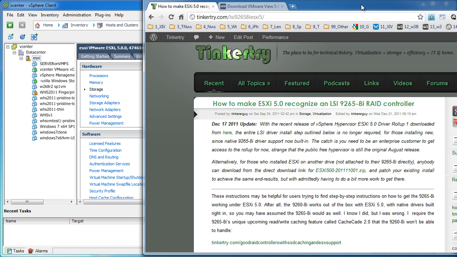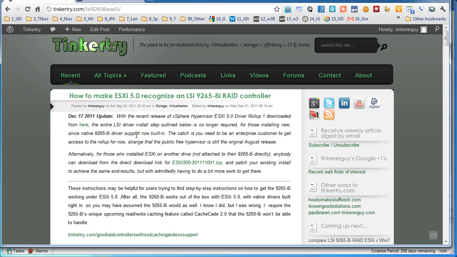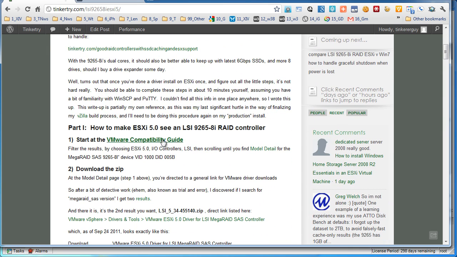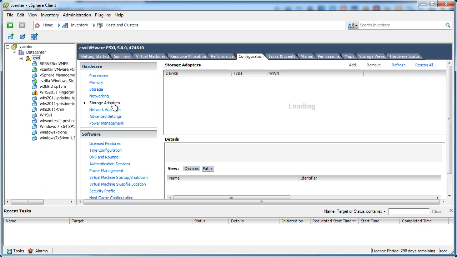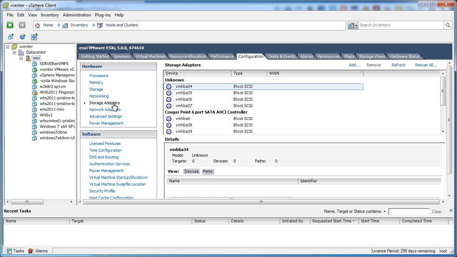So what does that mean? Well, it means we don't have to do the first part of this process, how to make ESXi see the RAID adapter. Well, it sees it already. Let me explain. Go to configuration, go to storage adapters,